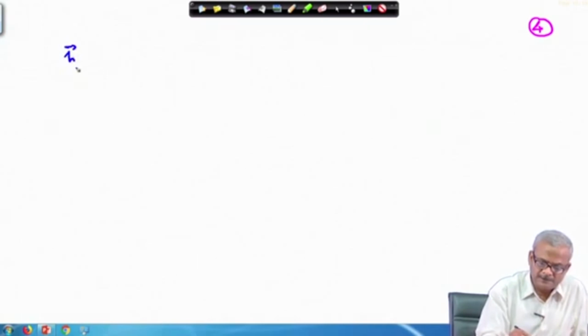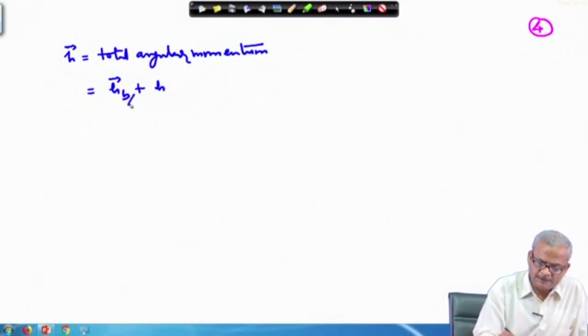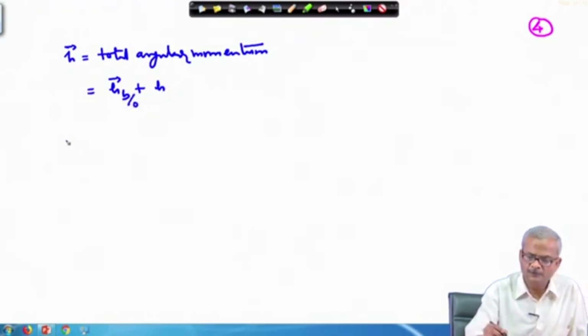So, H this is nothing but the total angular momentum,